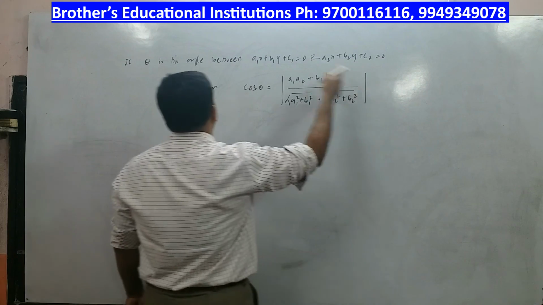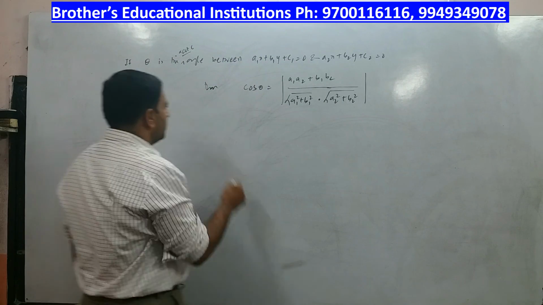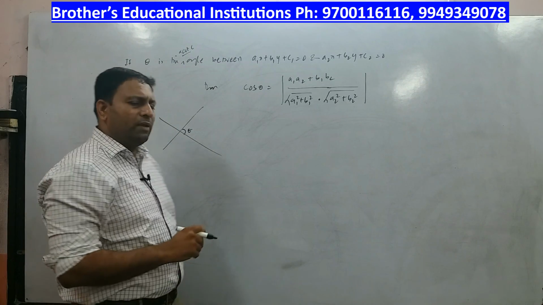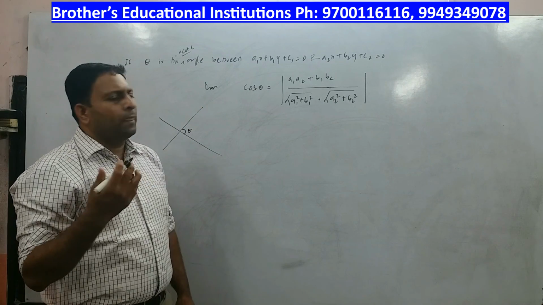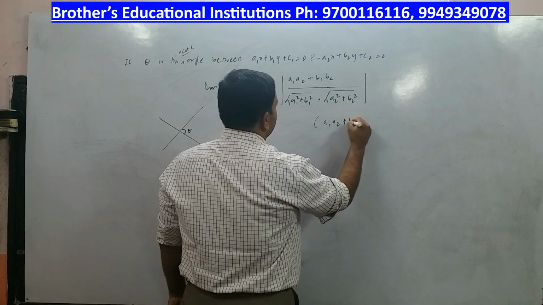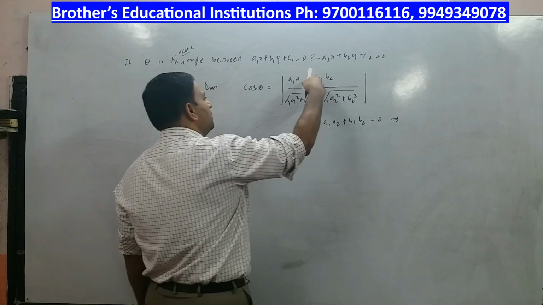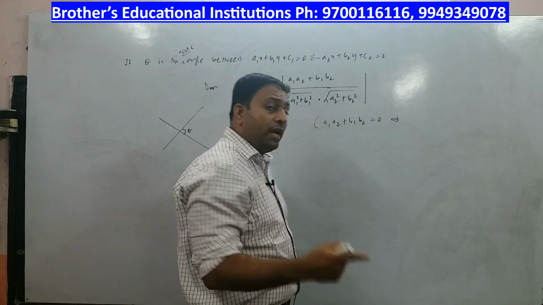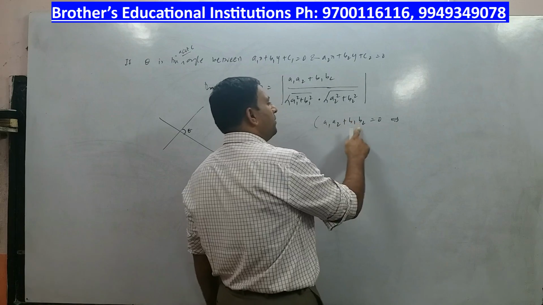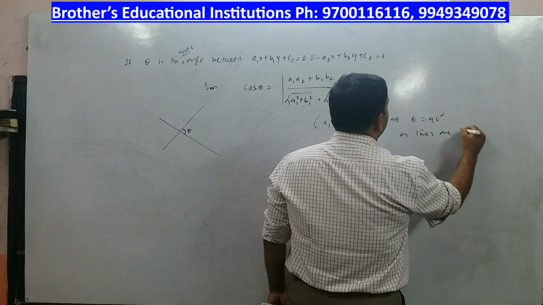I am writing modulus because I am saying the acute angle. If theta is the acute angle between the lines, so and so. Alright. So if there is one line, and this is the acute angle theta, how do you find theta? By this formula: a1 a2 plus b1 b2 by root of a1 square plus b1 square into root of a2 square plus b2 square. And we all know that if a1 a2 plus b1 b2 is equal to 0, what does it mean? If this part is becoming 0, then 0 by anything is 0. Cos theta is equal to 0. When is cos 0? Cos is 0 only when theta is 90 degrees. So if a1 a2 plus b1 b2 is equal to 0, it implies theta is equal to 90 degrees, or lines are perpendicular.